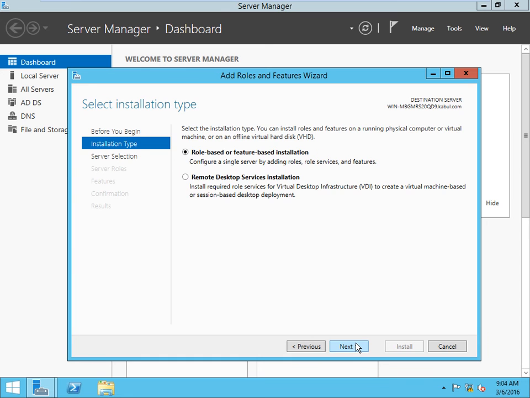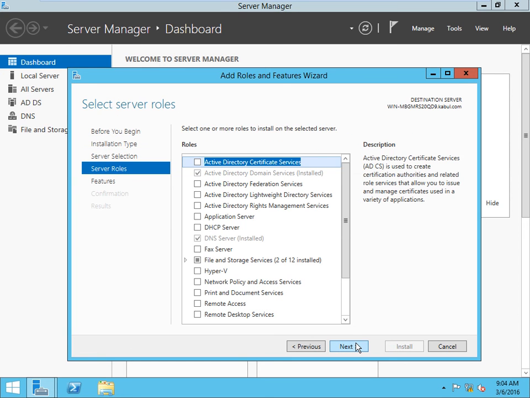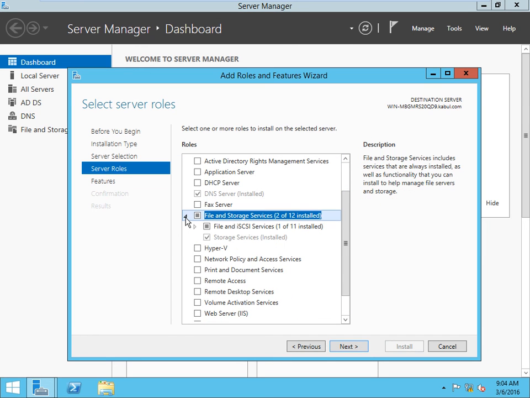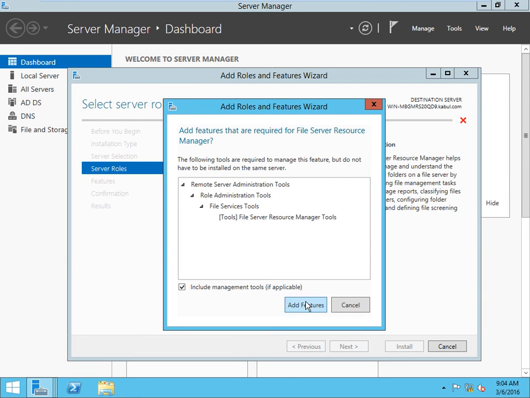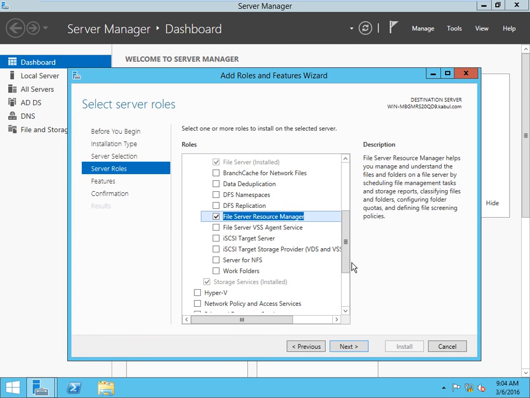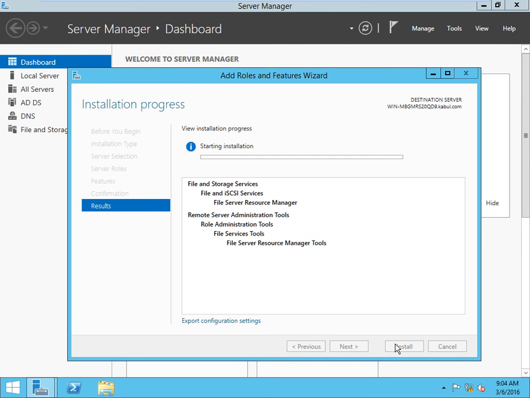Next, here you can select FSRM, File System Resource Manager, so that the quota option will come. Next, and install.